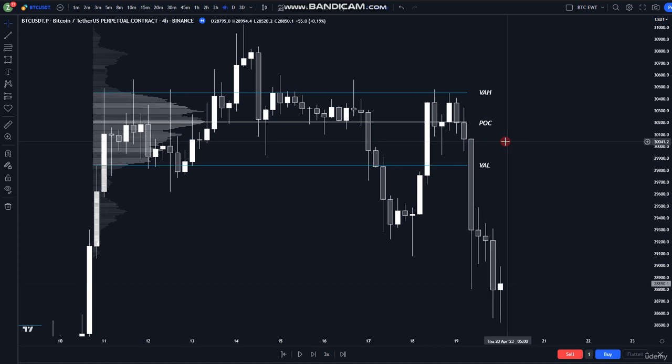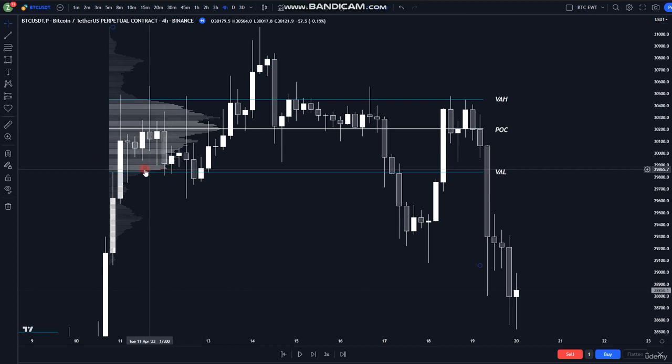Okay, so all you're looking for here is basically you're watching to see where price is respecting the value area high, the value area low, and the point of control, and you can basically use these as support and resistance levels that most participants aren't really paying that much attention to, and these can often work very, very well. Okay, you are going to sometimes get chopped up on these, and you do want to be looking at these on a higher time frame, I would say, and being more liberal with your stop losses. Okay, so you don't want to be using tight stop losses when you're trading volume profile,